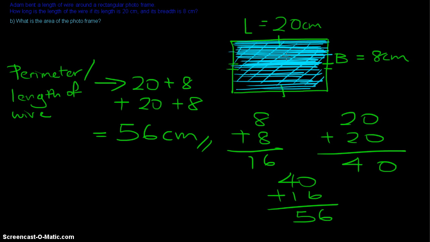So what are you actually doing? In number sentence form, this is what you're finding. The area is simply 20 multiplied by 8 cm. So it's 20 multiplied by 8, which is the number of lines worth 8 cm. It's 8 cm thick of 20 cm lines, so that is why 20 multiplied by 8, you should get